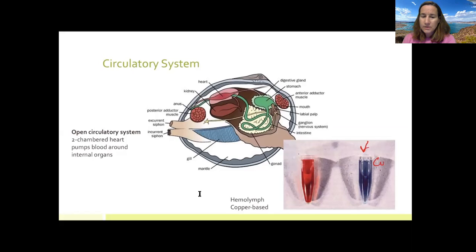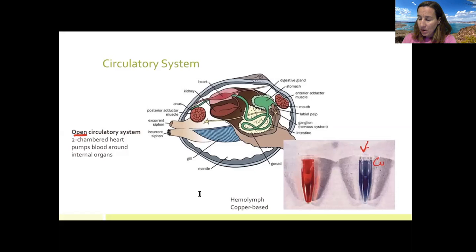They are going to have a circulatory system that is going to be open. What does an open circulatory system mean? You and I, we have blood vessels, right? We have arteries and veins and capillaries, and our blood should stay inside of the blood vessels. These guys don't have that. So their fluid, their blood is just kind of mixing and going around.